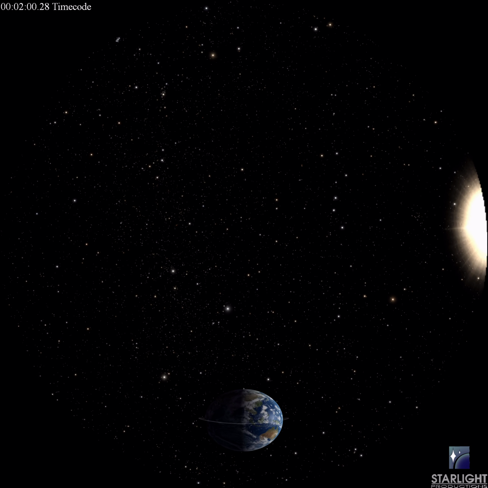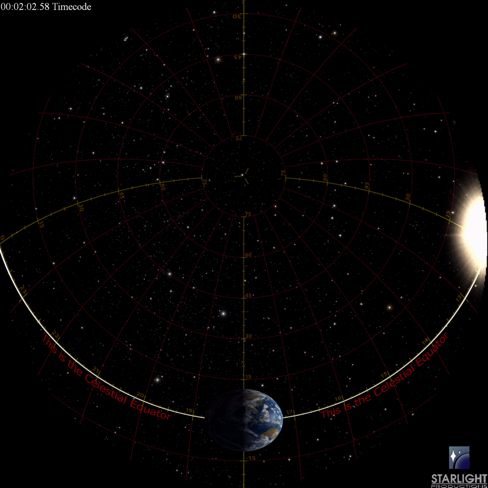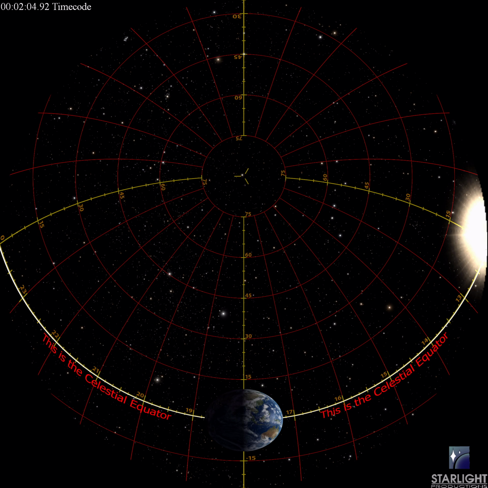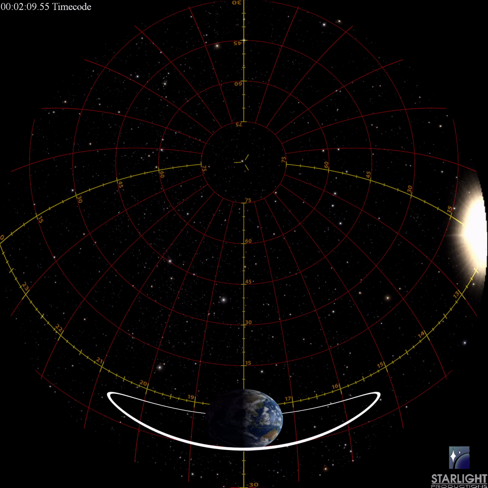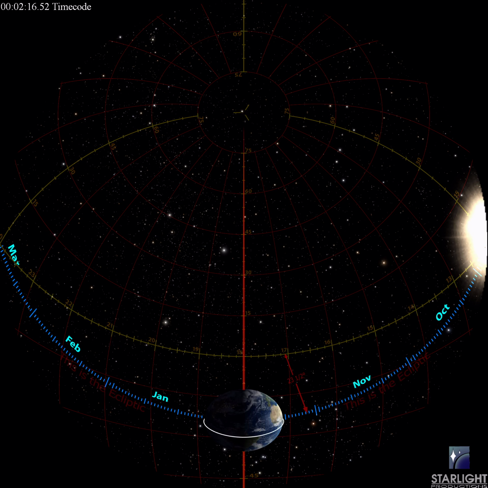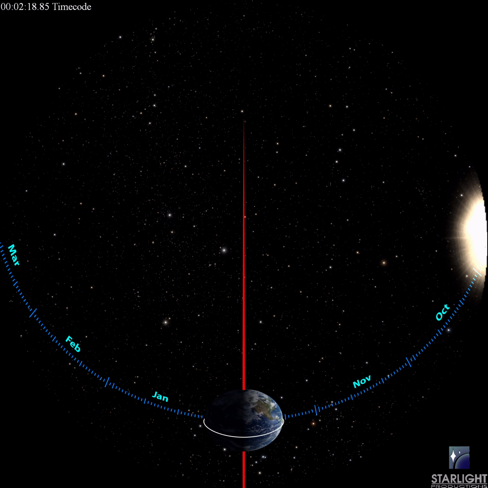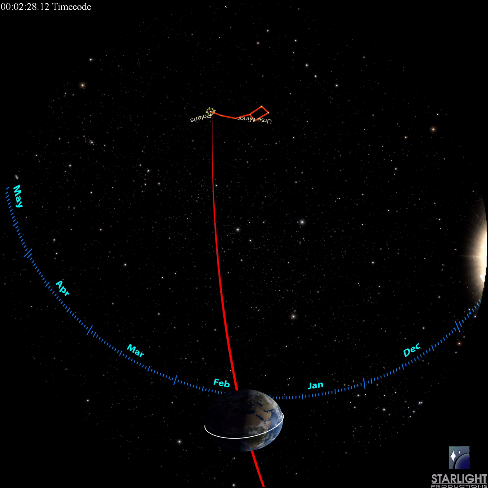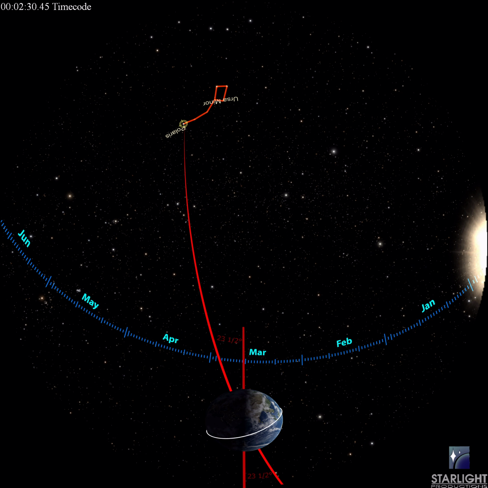If Earth's equator were aligned with its orbit around the sun, the sun would always appear directly overhead at noon on the equator. But Earth's equator isn't aligned with its orbit. Instead, it is tilted nearly 23.5 degrees. Because it spins on its axis, the Earth is like a giant gyroscope, its poles always pointing the same direction. On one side of its orbit, the North Pole tilts 23.5 degrees away from the sun, and the South Pole tilts the same angle toward the sun.